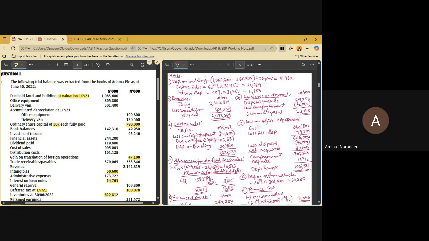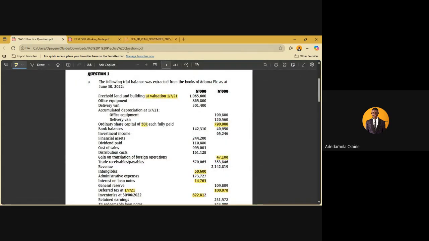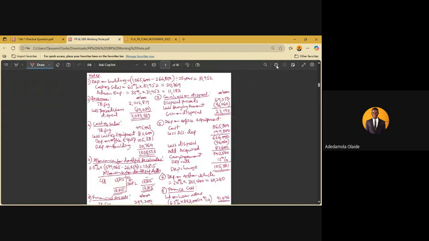So I can send the screenshot of the notes. Yeah, sure. I'll definitely send the screenshot of the notes. I'll send the notes itself and every other thing. Okay, I think we'll have to call it a time here because I know most of us still have class tomorrow. I would have loved to do one more question, but